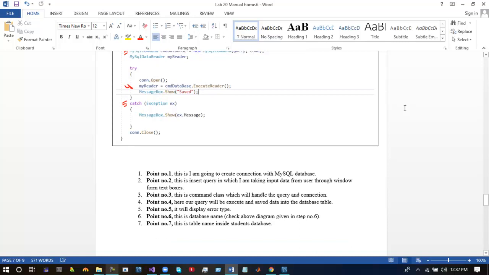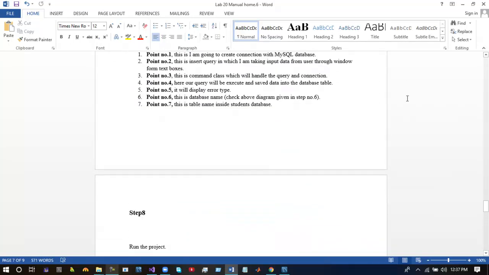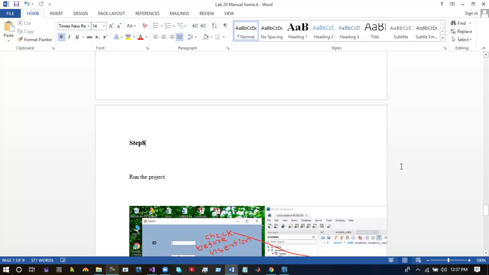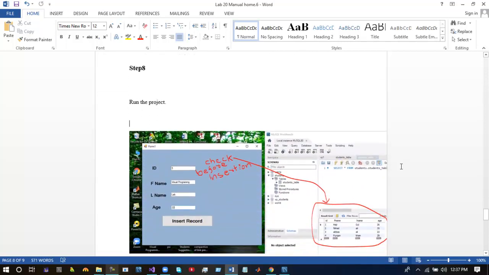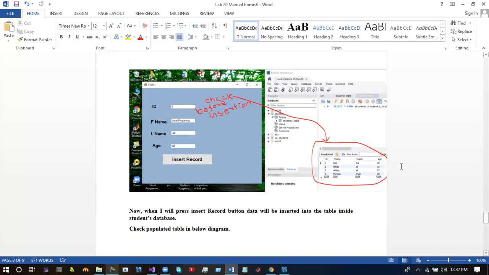This was step number 7, and I have included the details over here about which step performs which kind of work. Step number 8 is output, meaning the execution or running form of the project.